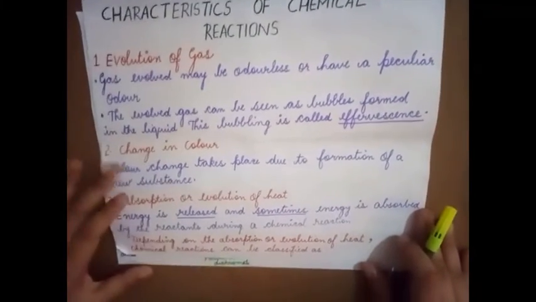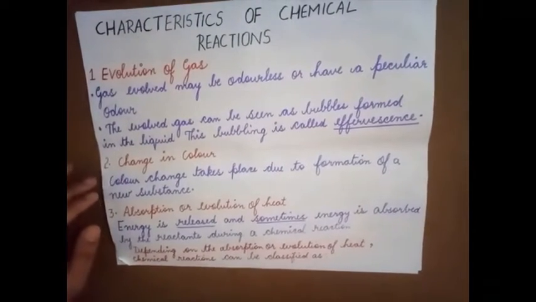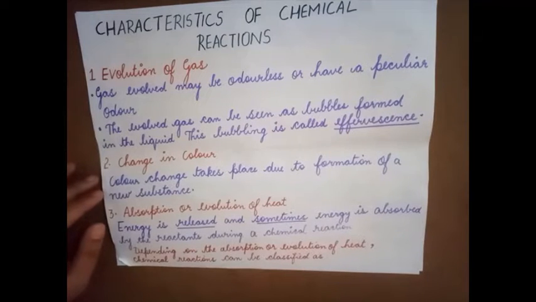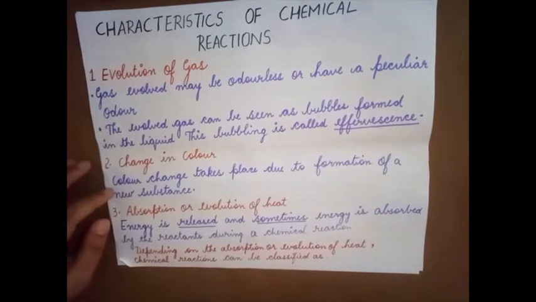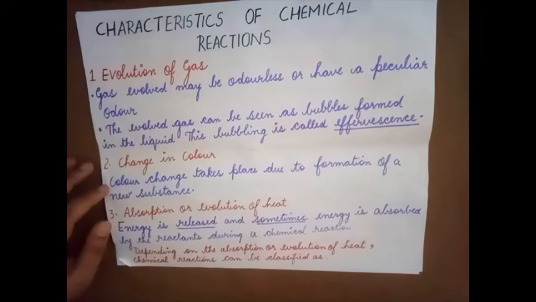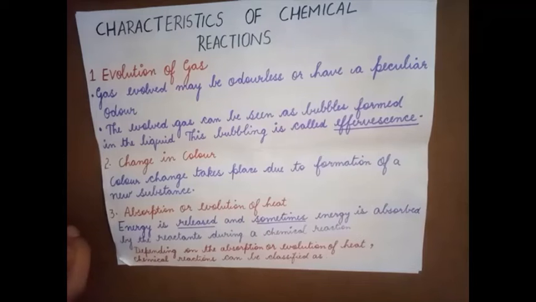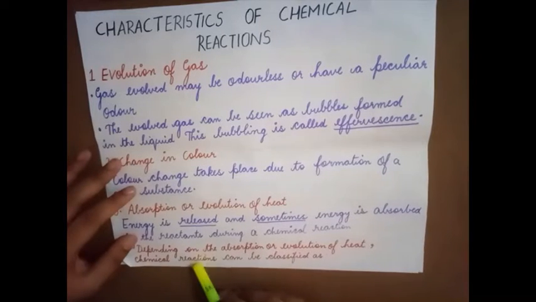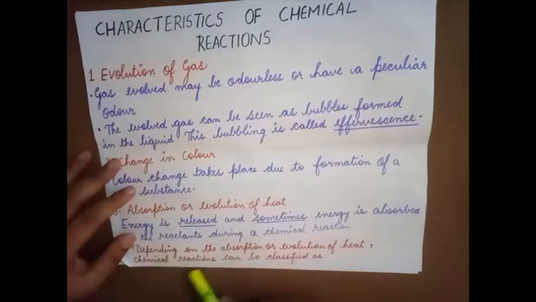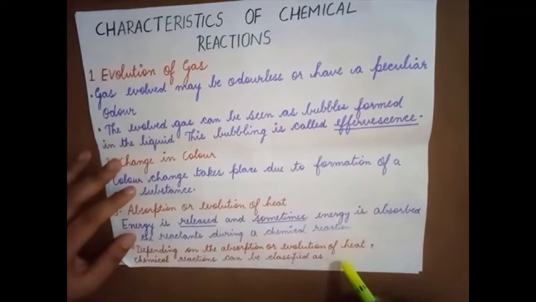Absorption or evolution of heat. Energy is released and sometimes energy is absorbed by the reactants during a chemical reaction. When a reaction is happening, it needs some energy. That energy is used to carry out this chemical reaction or for the product to be formed. The energy can be absorbed or the energy can be released. Depending on the absorption or evolution of heat, chemical reactions can be classified as